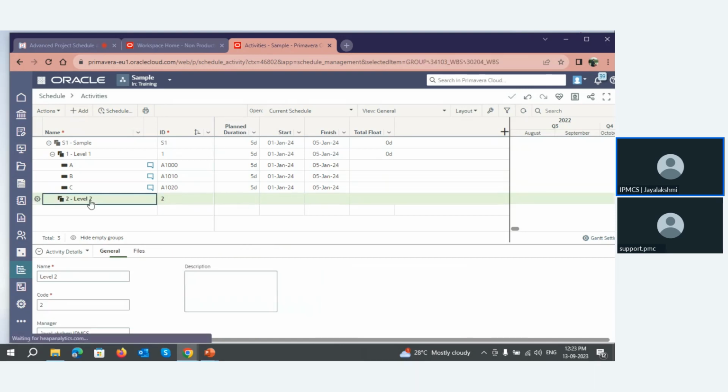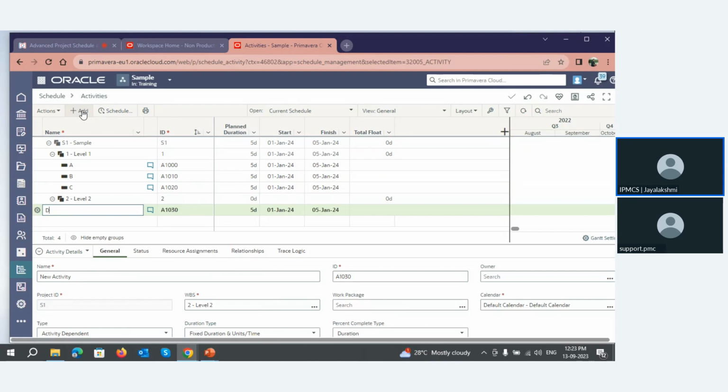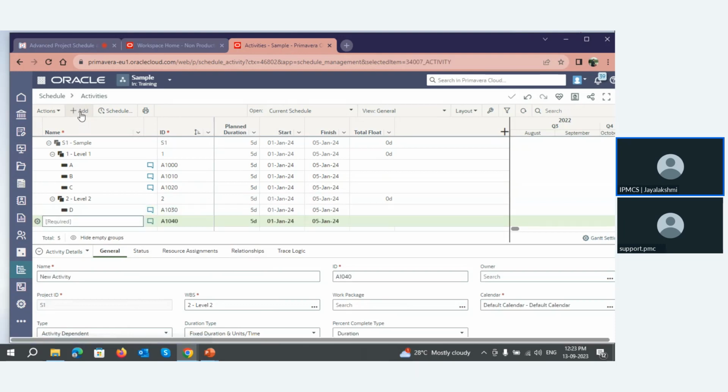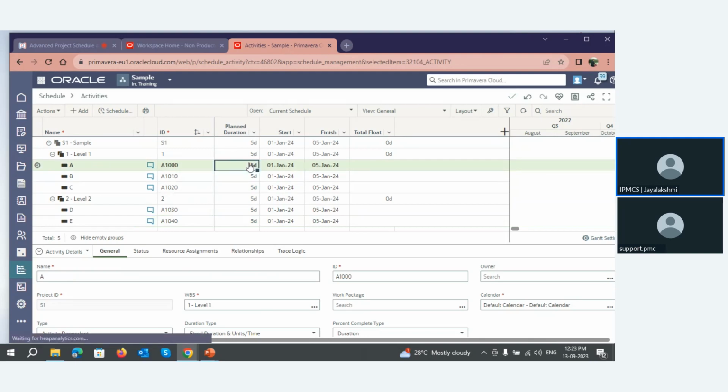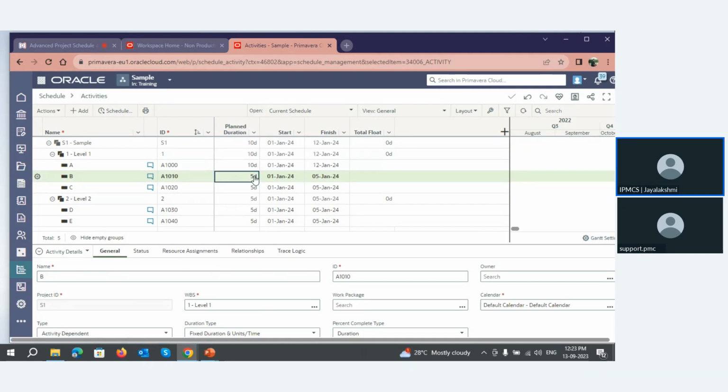If I want to add under this one, select this one, add activity, let it be D. Another one, let it be E. Okay. Now, let me change the duration, as the default duration here is 5. Let me make it some other duration. Just simply type